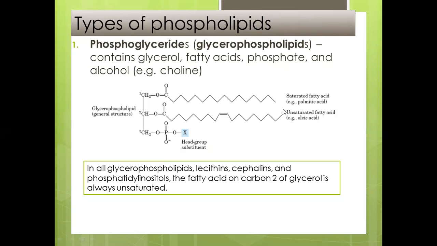And your fatty acids can also be saturated or unsaturated fatty acids. With saturated, again, you can have all straight carbon-hydrogen, no double bond, but with unsaturated you have the double bond. So that would matter also for your cell membrane, depending on the fatty acids that would comprise your